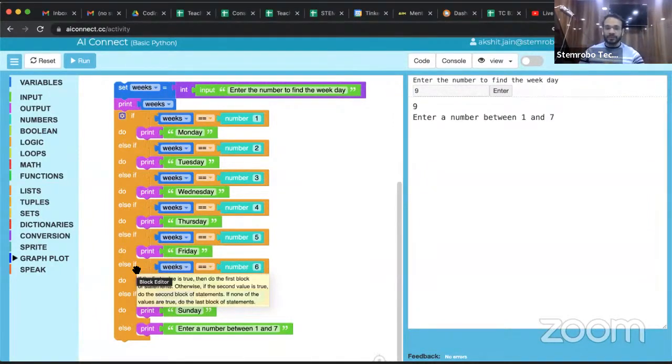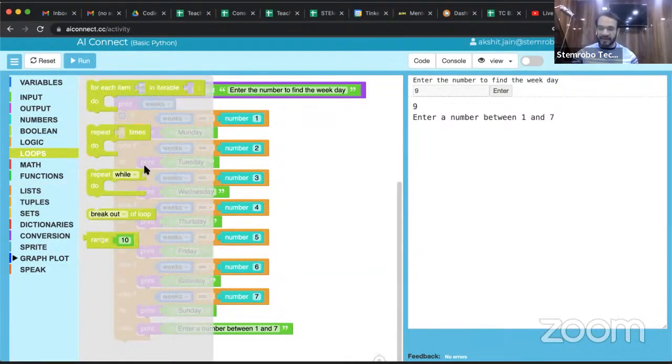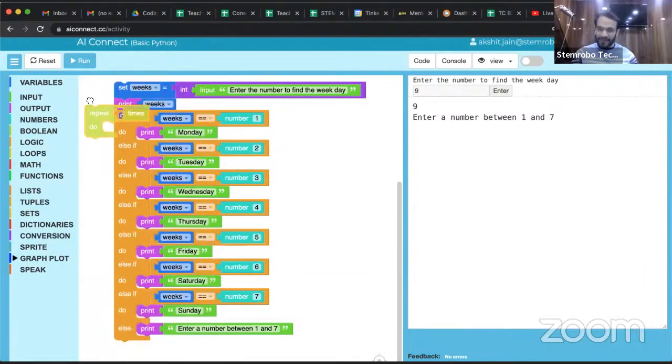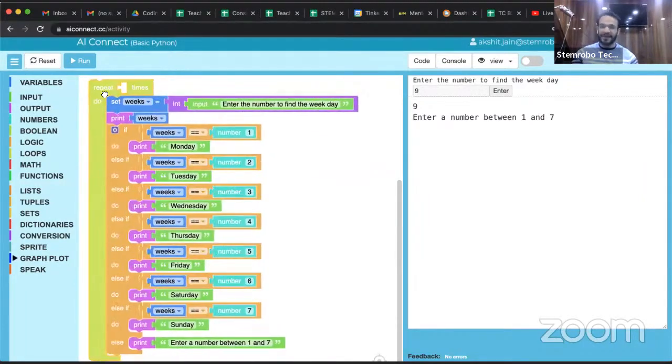And without making this program lengthy, हम एक कंसेप्ट यहाँ पे यूज करेंगे जिसका नाम होता है रिपीट, ठीक है। सो पाइथन के अंदर एक आपका लॉजिक होता है जिसको हम बोलते हैं रिपीट लॉजिक। तो हम लूप्स के अंदर गए, क्योंकि रिपीट क्या है, आपका एक लूप है। तो मैंने रिपीट ब्लॉक लिया और मैंने अपना सारा का सारा प्रोग्राम उठा के इसके अंदर डाल दिया